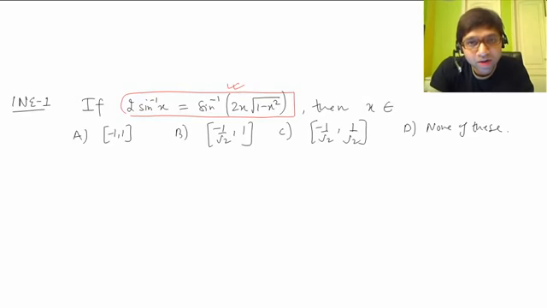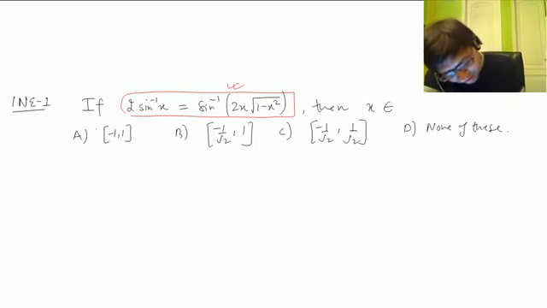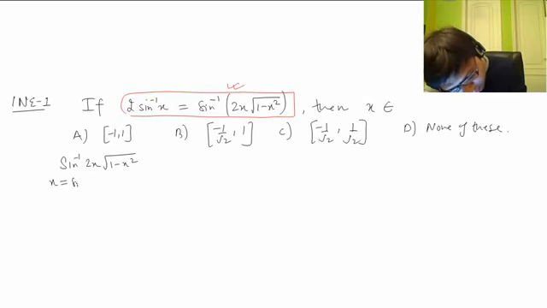In the sense we have not learnt it, so we have to work a little bit more to write the compound form of this. And see how we do this. Let's do this first. Sin inverse of 2x into root of 1 minus x square. To simplify this, we replace x equal to sin theta. So this becomes sin inverse of 2 sin theta into root of 1 minus x square, which is cos theta. So it is sin inverse sin 2 theta.